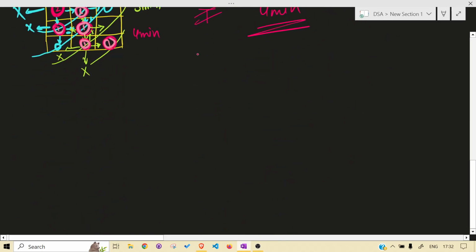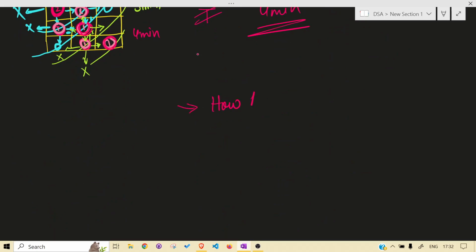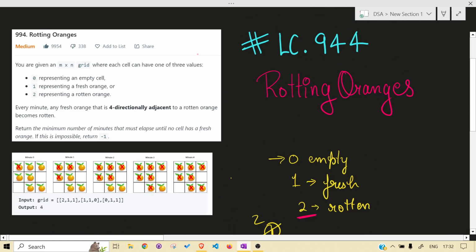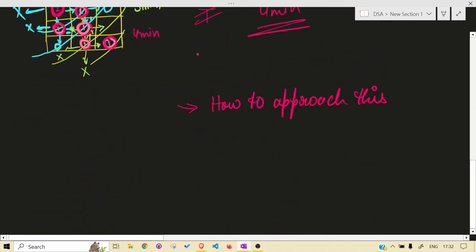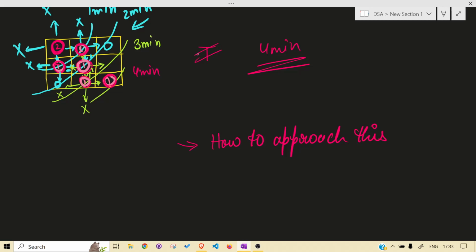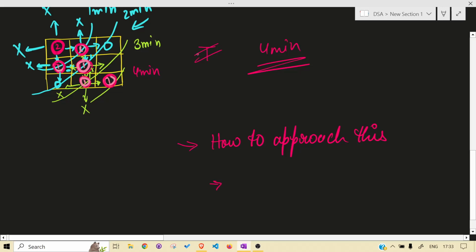So now the next thing is how to approach this. As you can see, we have to move in 4 directions. That much is clear. We have to move in 4 directions, but in a constrained way. What is the constrained way? That we have to process all the valid directions